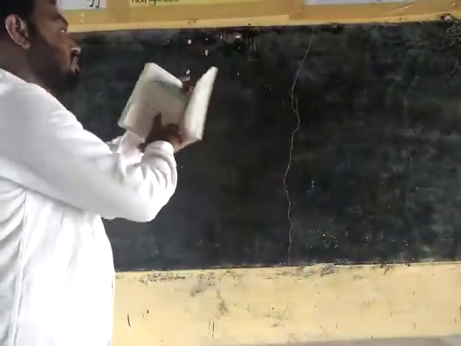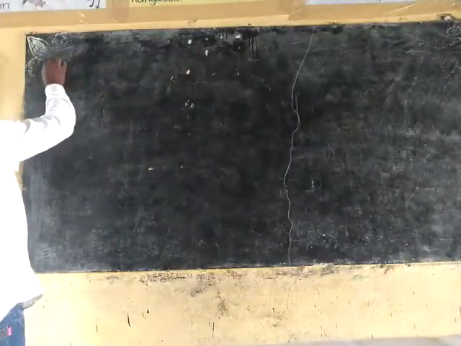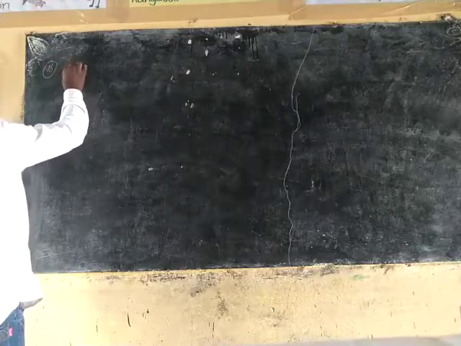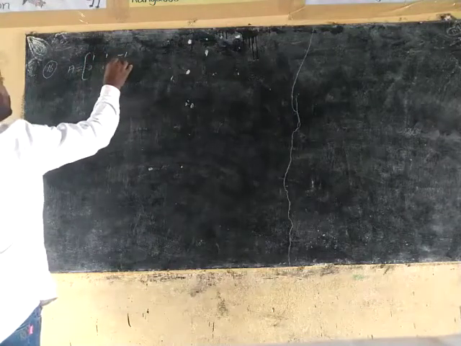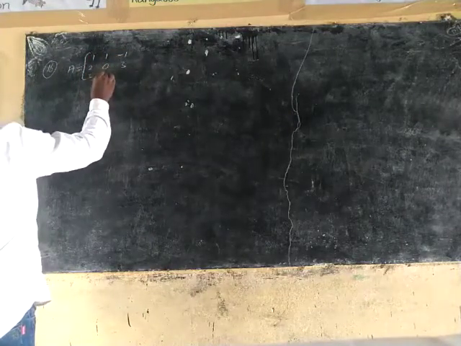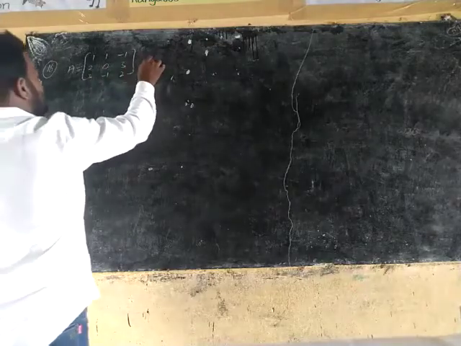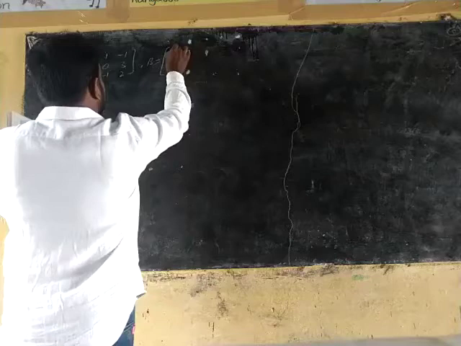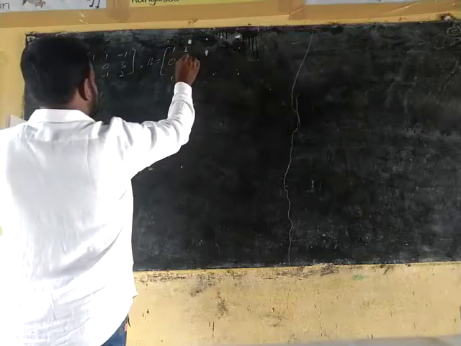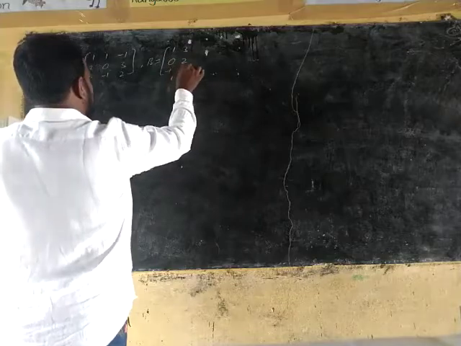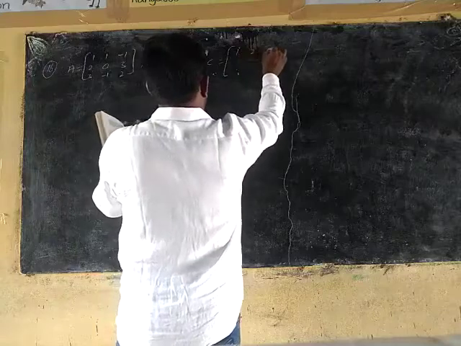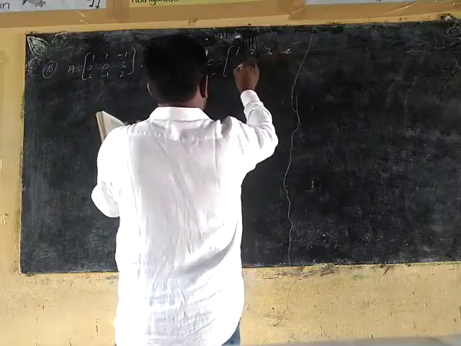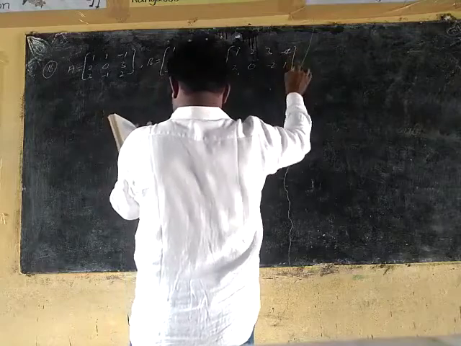This is a very important question for 5 marks. They ask questions like this only. This is the 16th example in the textbook. If A is the matrix [1 1 -1; 2 0 3; 3 -1 2], and B is [1 3; 0 2; -1 4], and C is [1 2 3 -4; 2 0 -2 1],